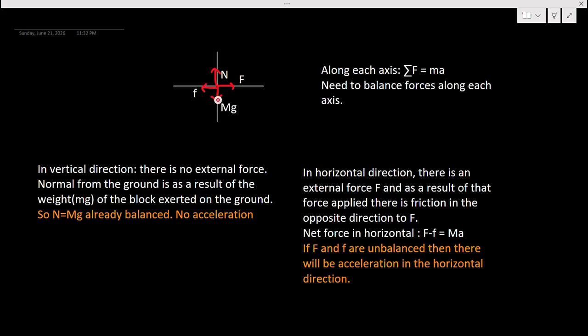So in the upper direction there was normal. In the lower direction it was mg. In the right direction there was force, and in the left direction there was friction from the ground on the block. So if we have to solve the forces in each of the axes, what we'll do first,